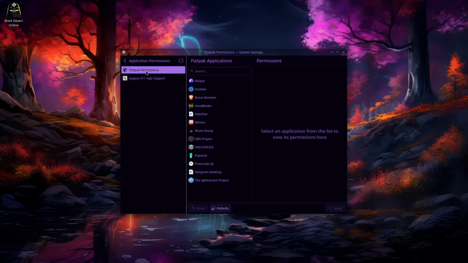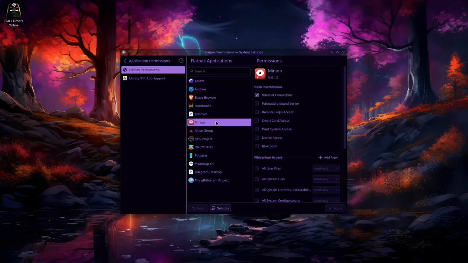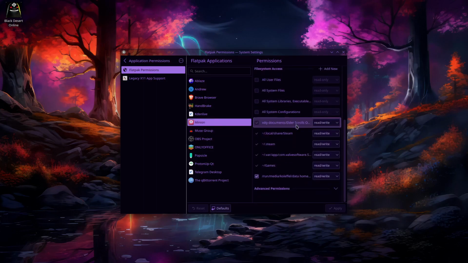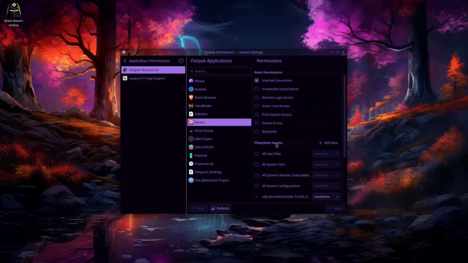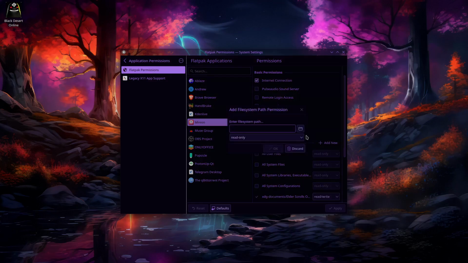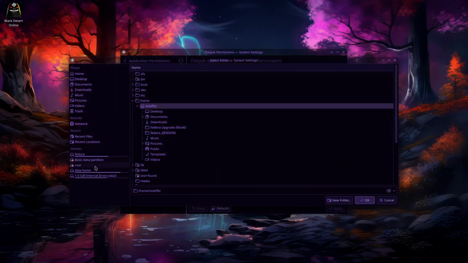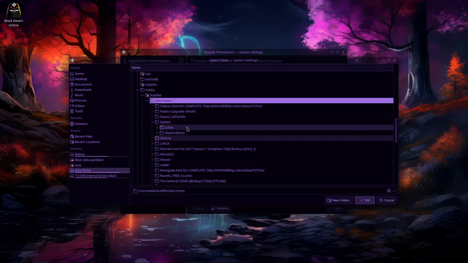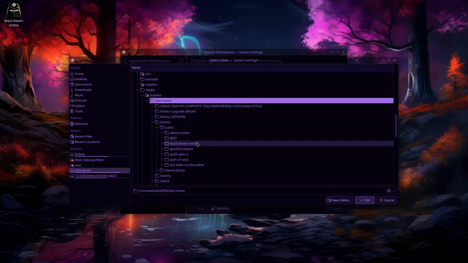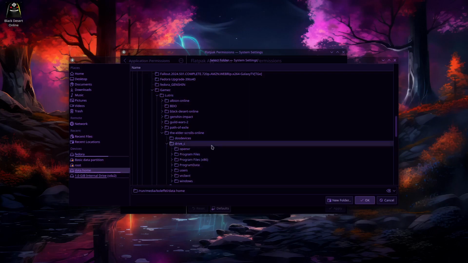Here you have all the Flatpaks already installed on your system. So in my example, I'm going to need to set permission for Minion. You can do all kinds of different stuff here, but let's go to the file system access, add new, and here we choose the folder that we need to go to. In my case, this is games, this is Lutris. I'm looking for the Elder Scrolls Online, drive C,